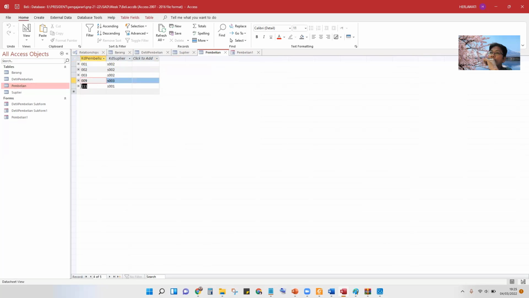This is the ID pembelian, ID pembelian. This is the ID supplier, and what we buy from this supplier with the ID selling here. We can see from detail.